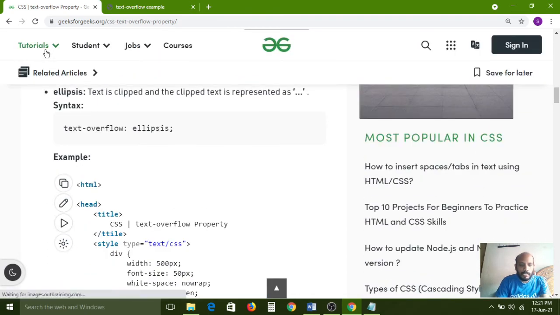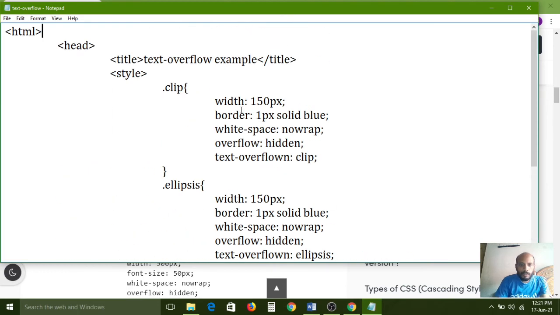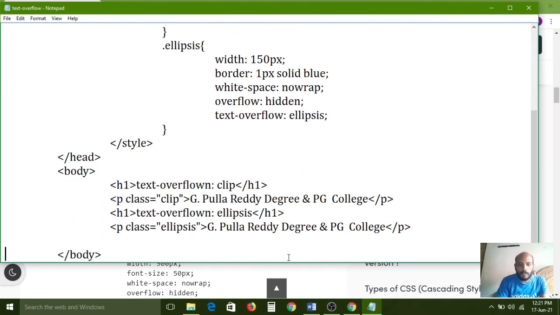Sorry, it is text-overflow, not text-overflown. Text-overflow: ellipsis.